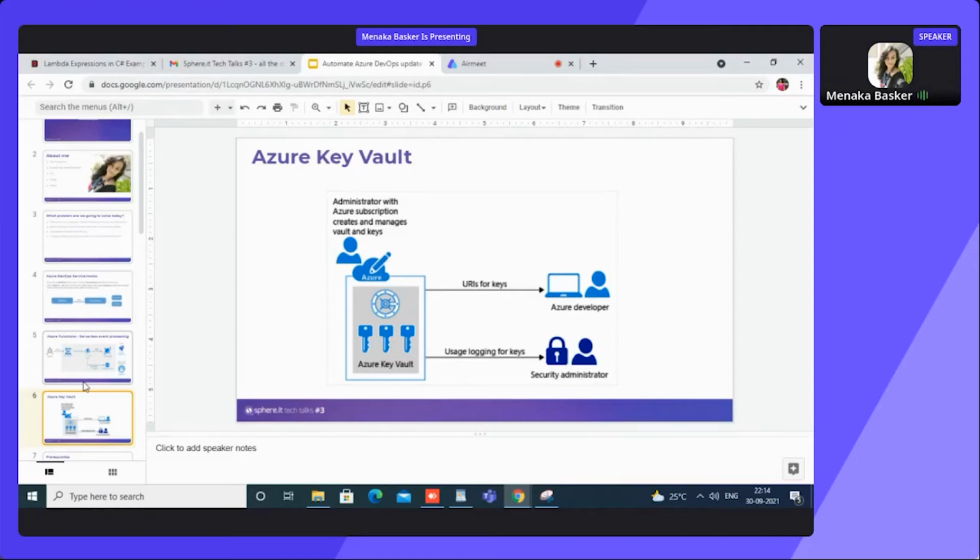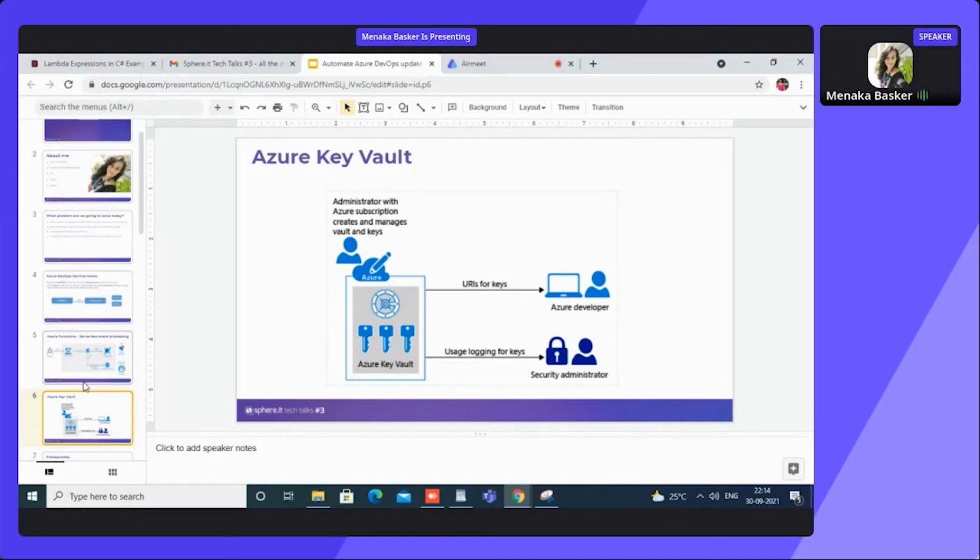This Key Vault has some special notes. As an administrator, I can use the logging for keys. As a developer, I can only get the URIs for the key. So as a developer creating keys, I cannot get the complete credential details of the key.